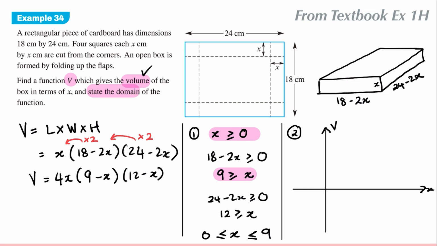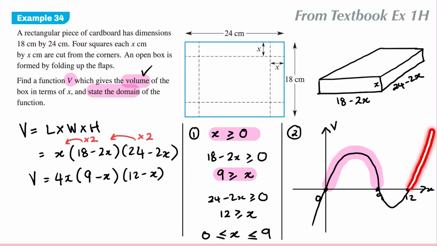All right, now if I were to sketch this function, I can see I've got 3 intercepts, one at 0, one at 9, one at 12, and it's a positive cubic. So it's going to look like this. So in general, the domain for any function like this is always the first positive section, which we can see straight away is between 0 to 9. I know that this also gives me a positive volume, but as soon as you've crossed over that 0, it won't work. The reason that this gives you a positive volume is because if you substitute in this x value,